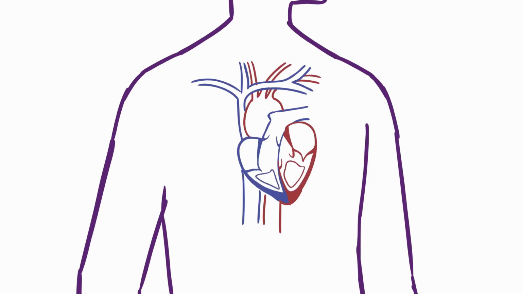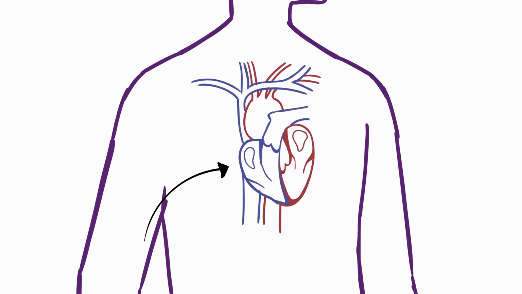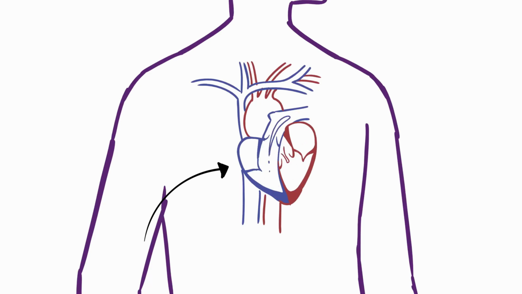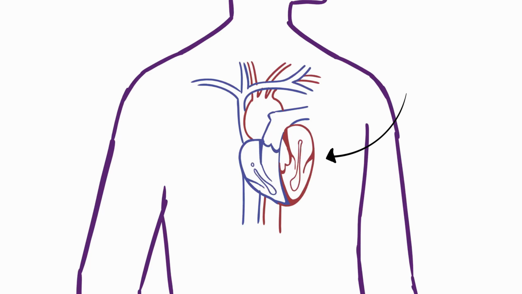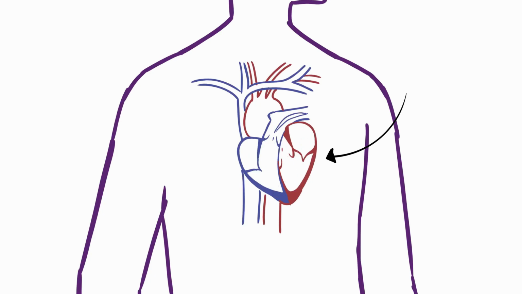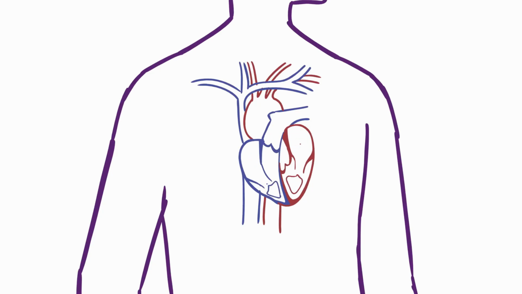Oxygen-poor blood returns to the heart after circulating through the body. The right side of the heart, which is composed of the right atrium and right ventricle, collects and pumps the blood to the lungs through the pulmonary arteries. Then, the lungs refresh the blood with a new supply of oxygen, making it turn red. Oxygen-rich blood then enters the left side of the heart, which is composed of the left atrium and left ventricle, and is pumped through the aorta of the body to supply tissues that contain oxygen.